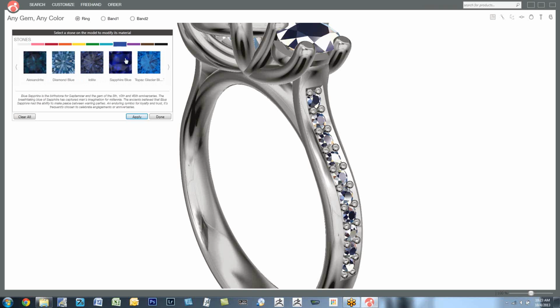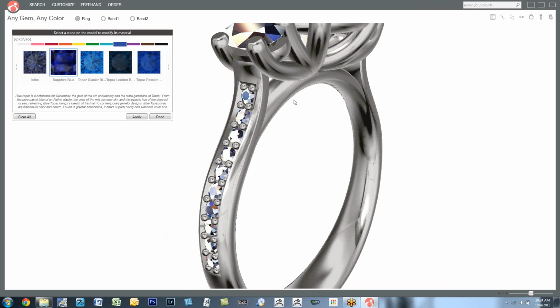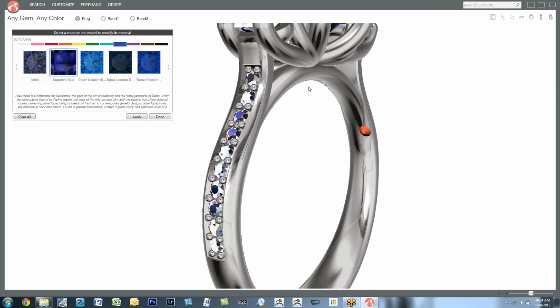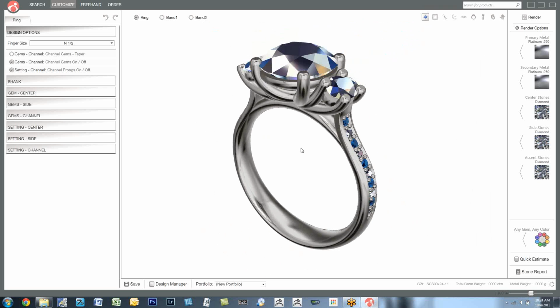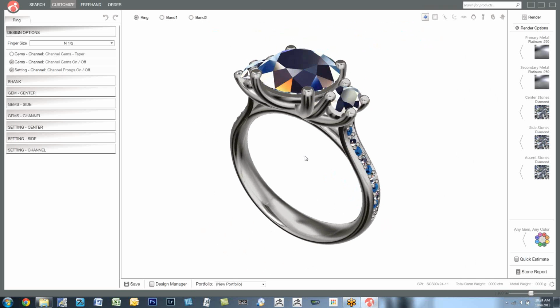So I'm going to go for sapphire blue. And notice when I hover over these stones, they highlight. So I'm going to go down here, click all those stones on that side, make sure I get this in the right order. Click, click, click, click, click. And I'm going to click apply. And done. So now I've got a sapphire diamond, which previously was